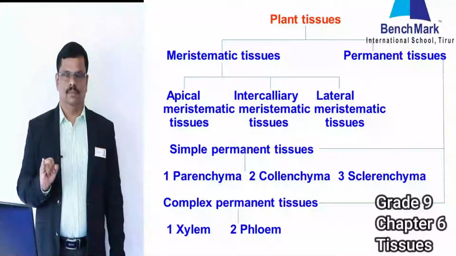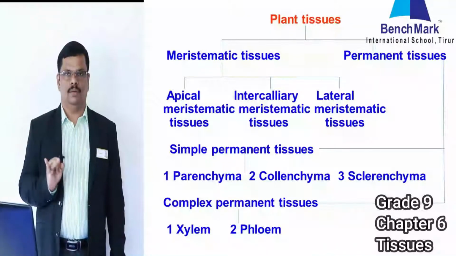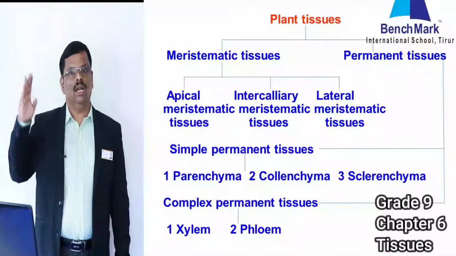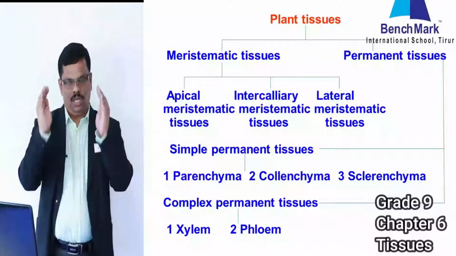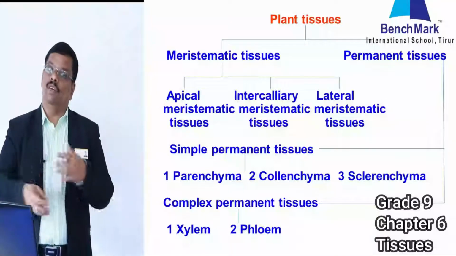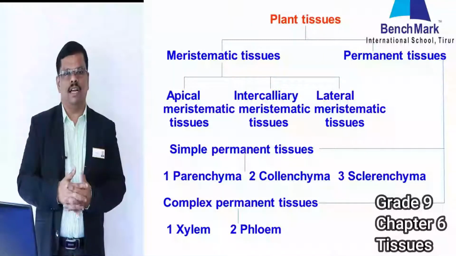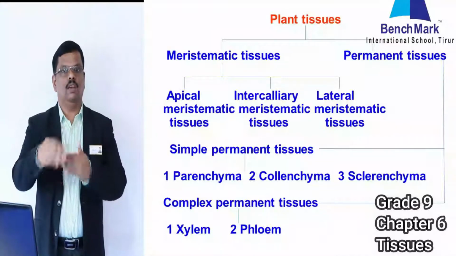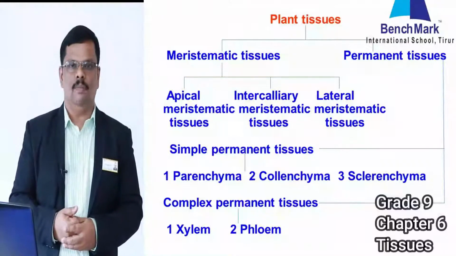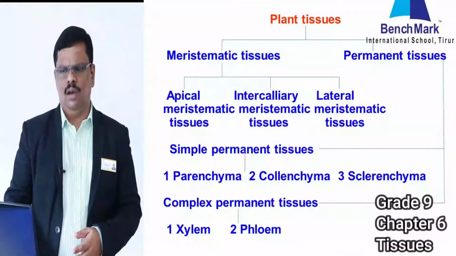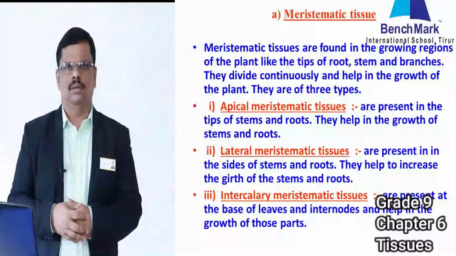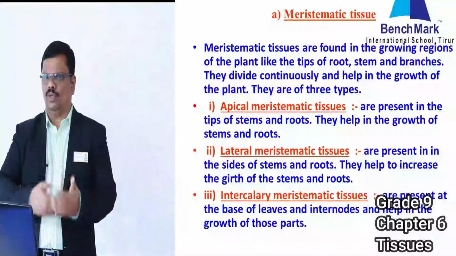Parenchyma, collenchyma, sclerenchyma, aerenchyma, still many are there. But what is included, that is in your syllabus. We have a little bit of examples that we will discuss more when we have interactive sessions. Now, as I told you, complex permanent tissue, xylem and phloem. All of you think for a second, what are xylem and phloem for? Yeah, you're right. When we proceed with the class, we'll come to know what it is.